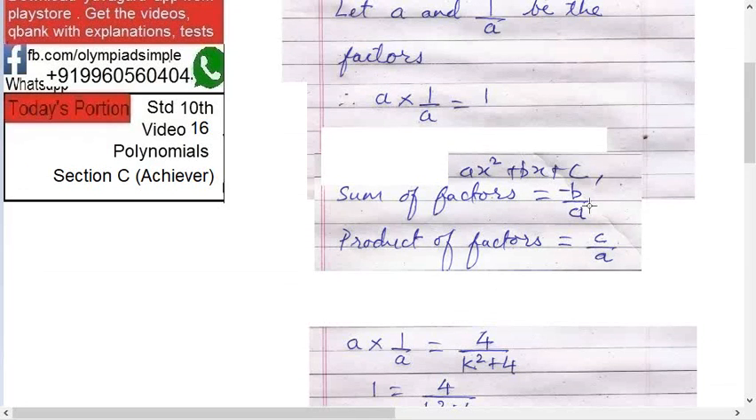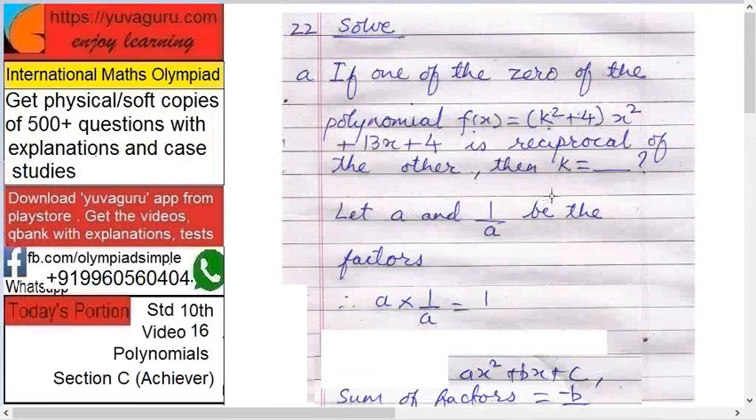Okay, so we'll try with this, c upon a means last digit upon first digit. In our case, the last digit is 4 and the first digit is k square plus 4. So the product of the,